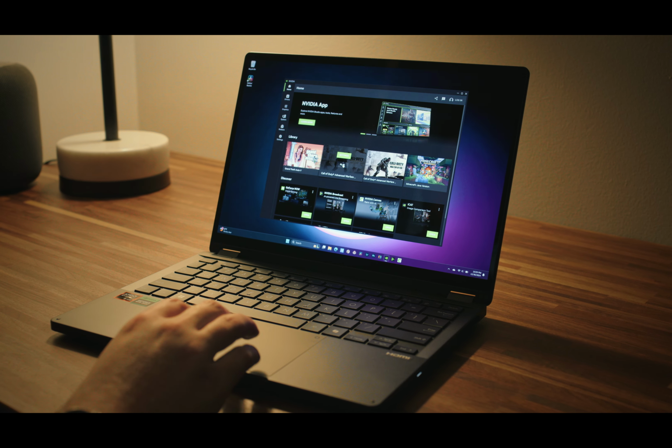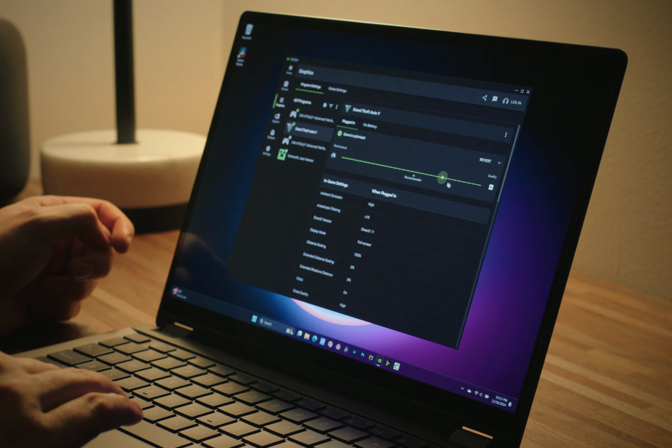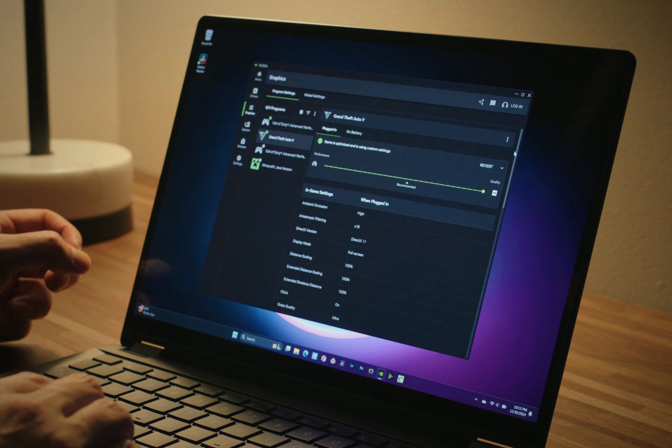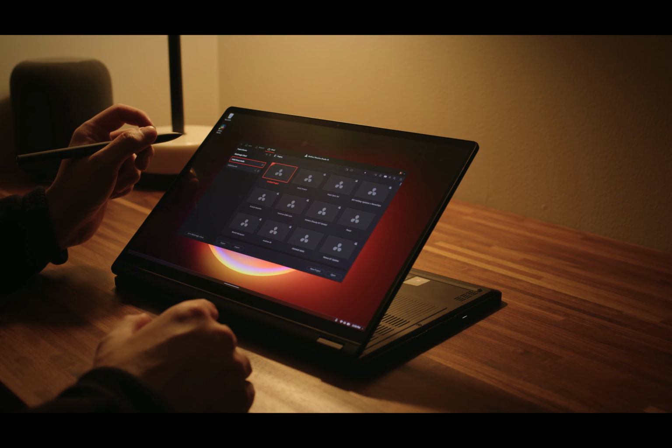If you're an extremely casual gamer like myself, I only play a handful of open world type games. All I can say is that I was able to max out all graphic settings. NVIDIA actually has a really cool tool that makes optimizing for the games that you're playing incredibly easy, literally one button. But I know you guys aren't really gamers, this isn't a gaming channel, but I just thought I'd throw it out there. So when it comes to DaVinci Resolve, probably one of the top questions I get is, what is